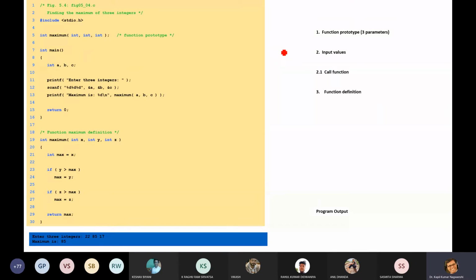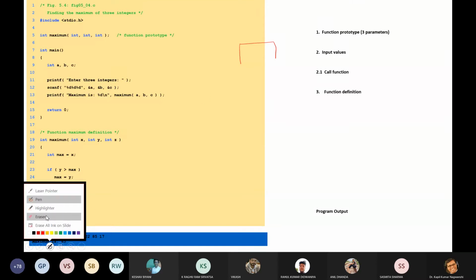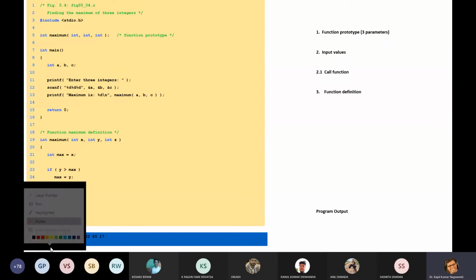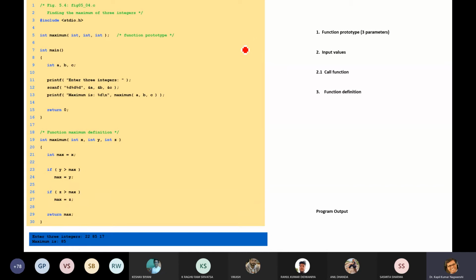So initially we create a function max3. This function will accept three values.